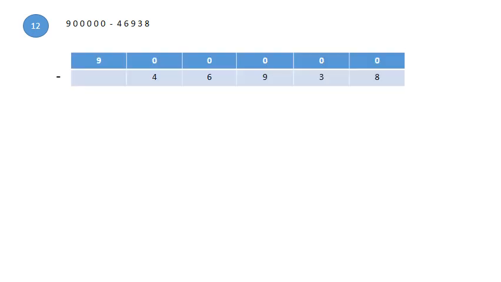Yes, just check. We have written this according to the place value chart properly. 9 0 0 0 0 0, then 8 3 9 6 4. Now borrow wherever required. 0 minus 8, again here 0 minus 3, borrow from here, again borrow from here. 0 minus 4 also you cannot do, as here 0 is there, so we have to borrow from the next place